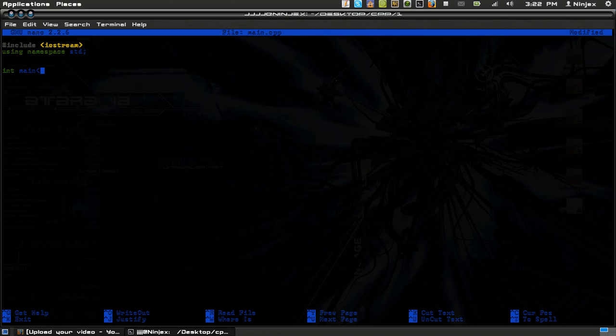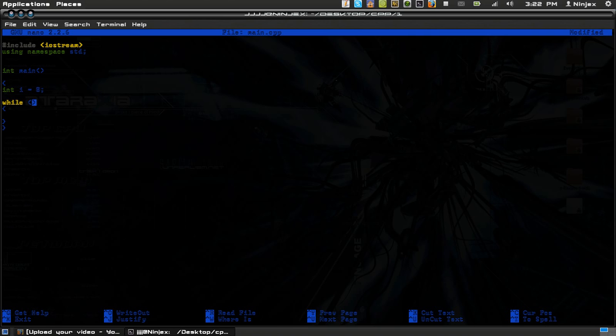Int main, and then what we want to happen in main. First, we need to make an integer. So int i, and we're going to set it equal to 0, and then we're going to say while, we're going to make parentheses and then brackets, that way we don't get confused. Your condition goes into parentheses, and then your code to be executed while the condition is true goes into the